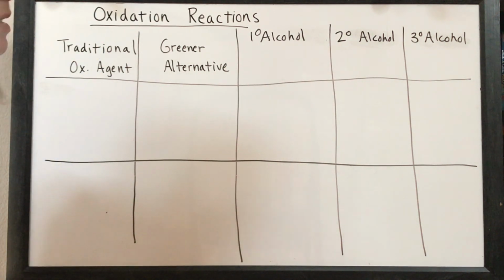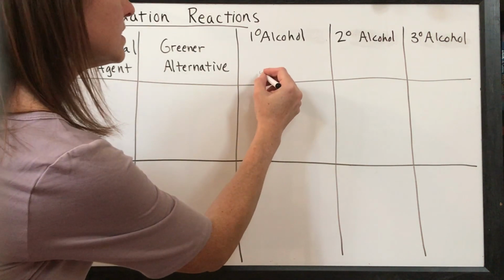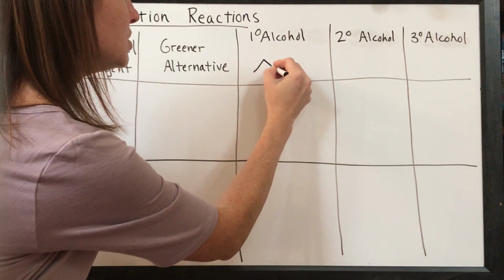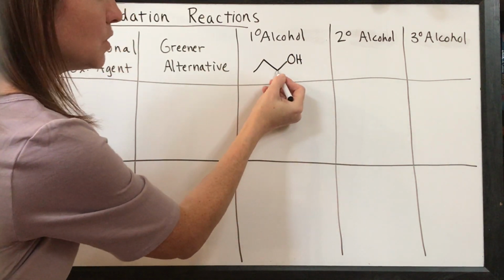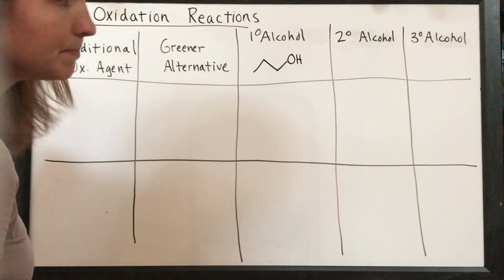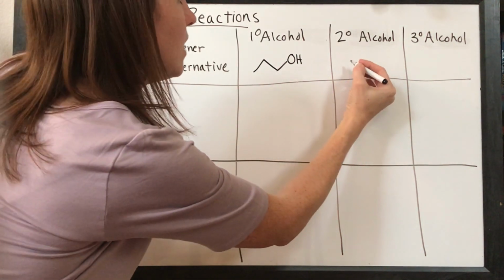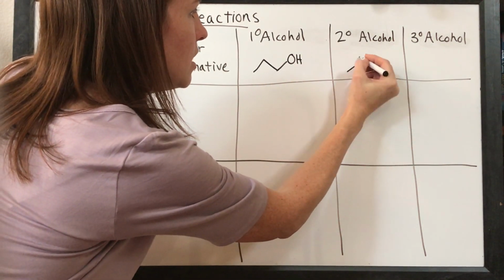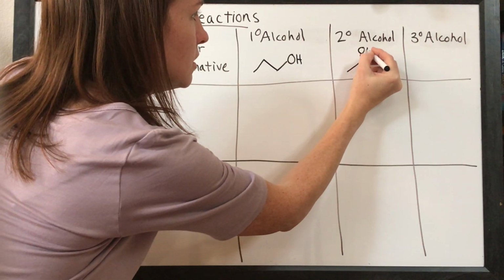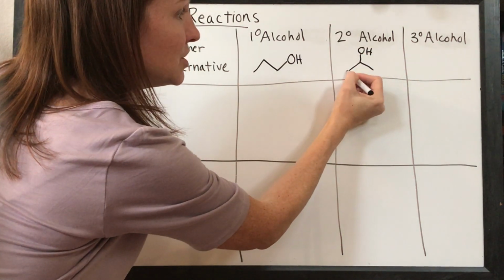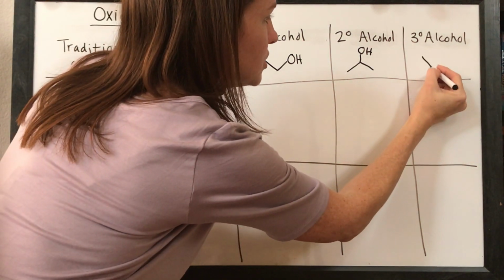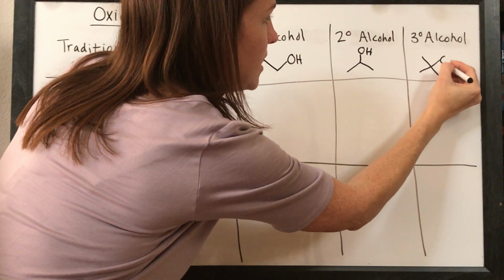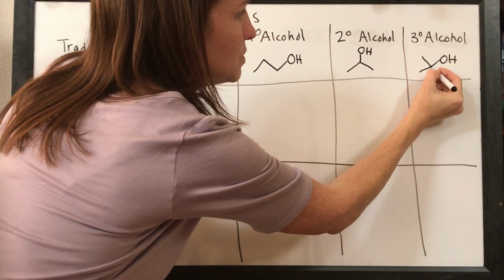of reagents. So in terms of alcohols, alcohols can exist as primary alcohols, which means that you have an OH where the oxygen is connected to a carbon that's connected to only one other carbon. You can have a secondary alcohol, so the alcohol is connected to a carbon that is connected to two other carbons. Or you could have a tertiary alcohol, like tert-butanol, where the OH is connected to a carbon that's connected